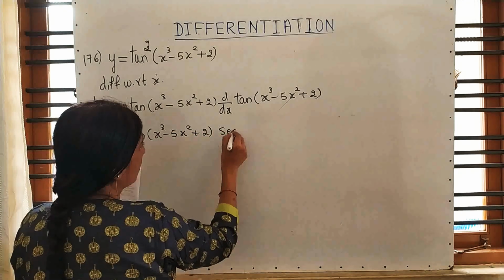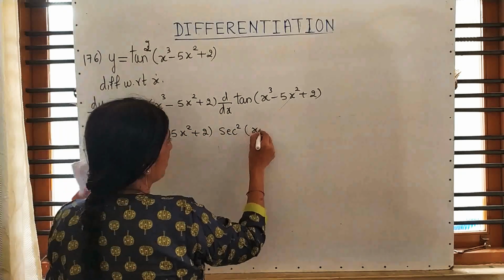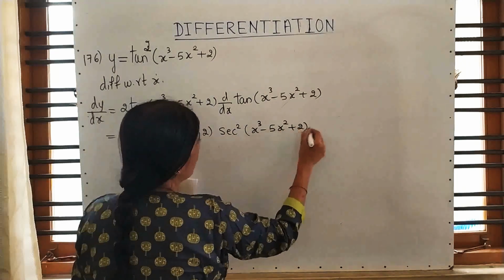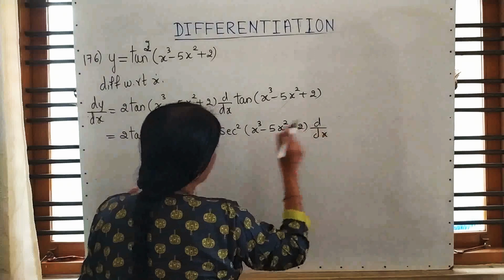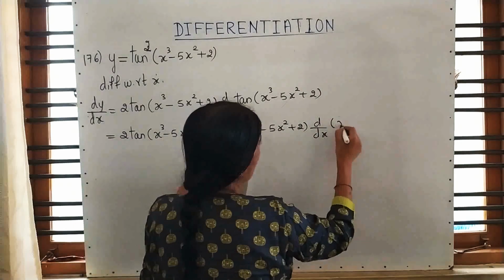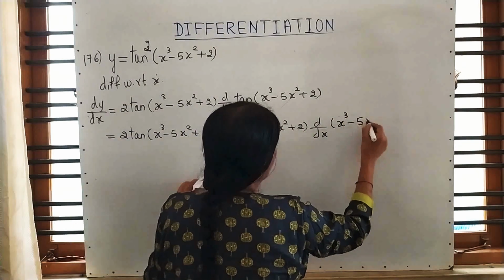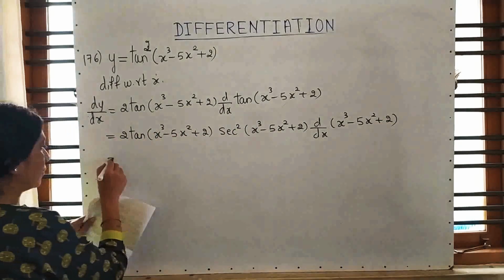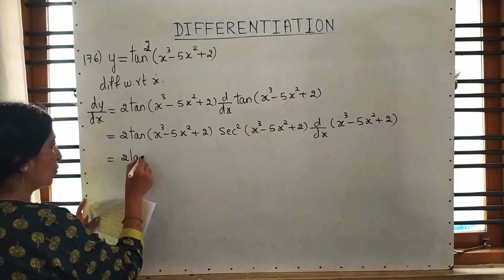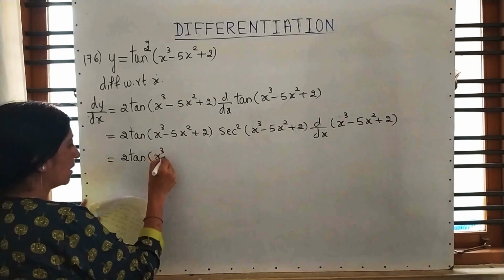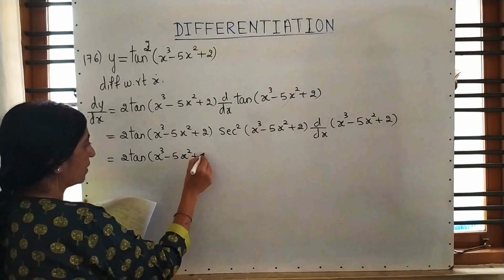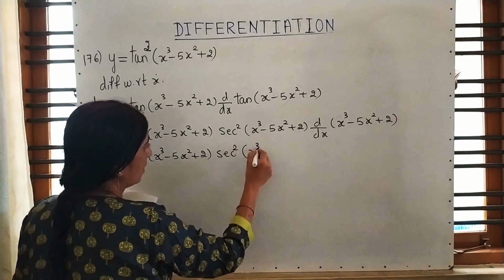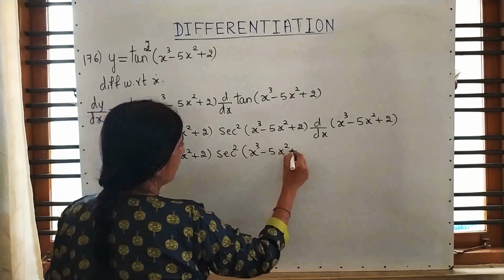Differentiation of tan is secant square (x cube minus 5x square plus 2) into differentiation of the angle, which is what? x cube minus 5x square plus 2. So it is 2 tan (x cube minus 5x square plus 2) secant square (x cube minus 5x square plus